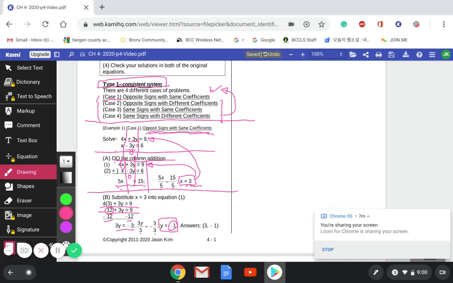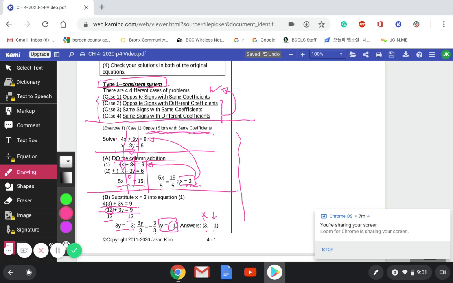So when you have an x value and a y value, you can write them in set format. The x value is always first, and then you put the y value. So your answer would be 3 comma negative 1. Okay, so this is how you solve a case 1 type of system of equations. Again, a system of equations means you have two equations with two variables. So again, to recap how to solve this,